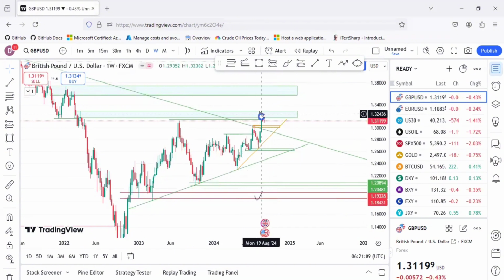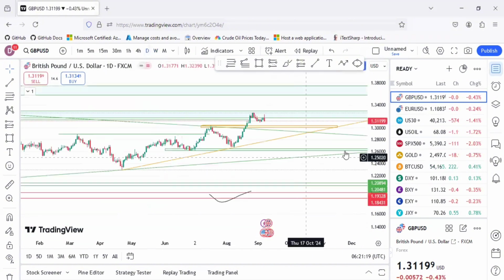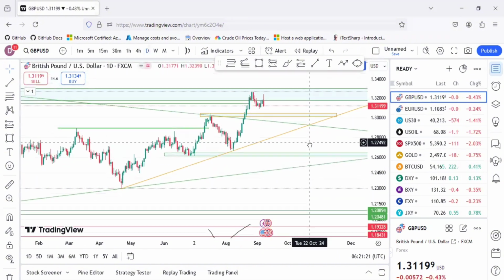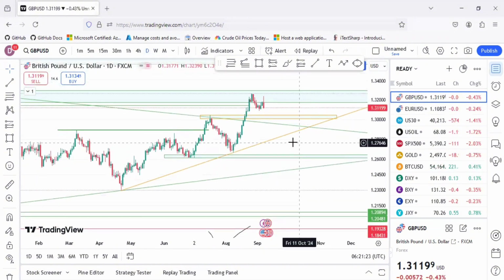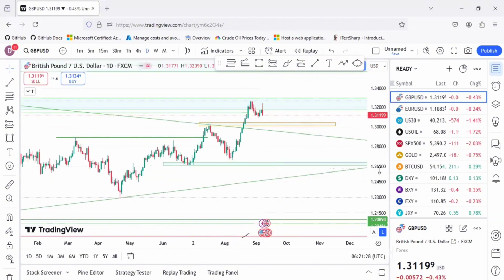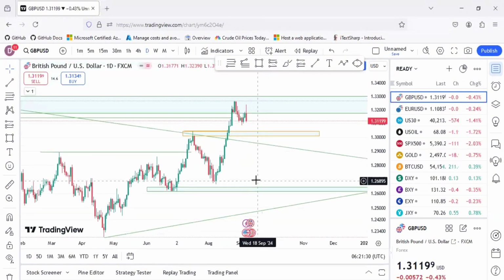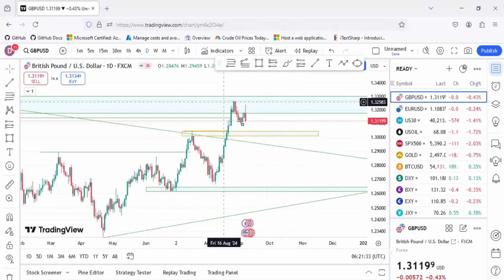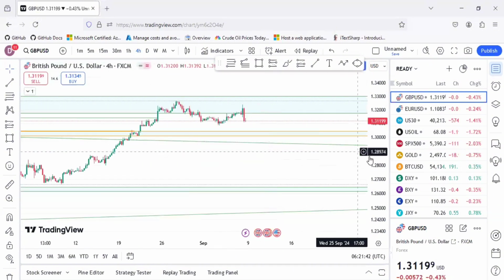Since we are bullish on DXY, I will be looking at this candle, this price coming down from here. So now let's look at what is happening at that level on daily time frame. To look at this same level again, we're just trying to look at what is happening here so that we'll be able to make our decision. This price has been rejected from here, and if we look at it from 4 hours,